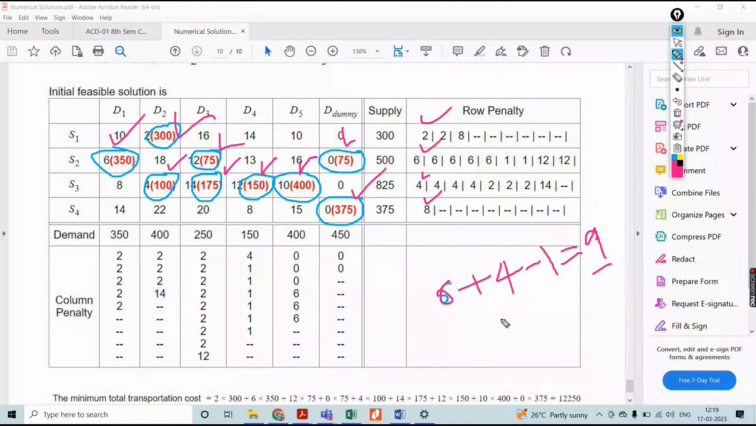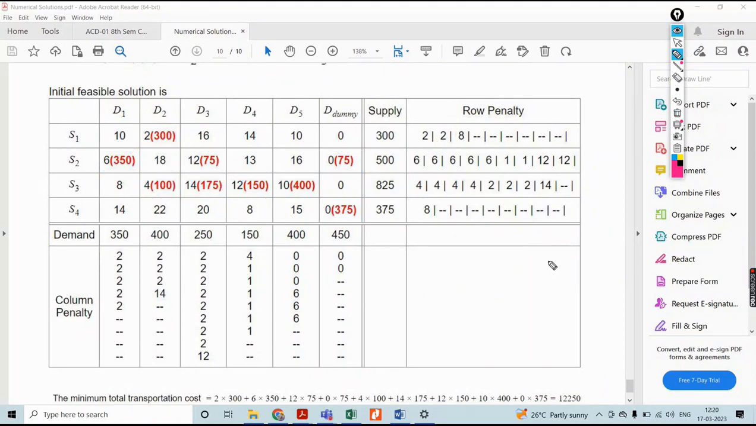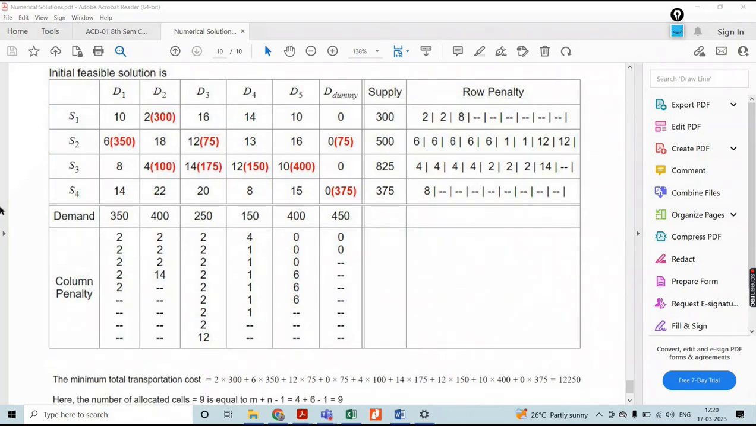Once you did this check, what do you have to do? You have to make the evaluation of the minimum cost of transportation. How do you have to evaluate it? We know the allocation, then the transportation cost. That is 2 into 300, 6 into 350, then 12 into 75, plus 0 into 75, plus 4 into 100, 14 into 75, plus 12 into 150, 10 into 400,